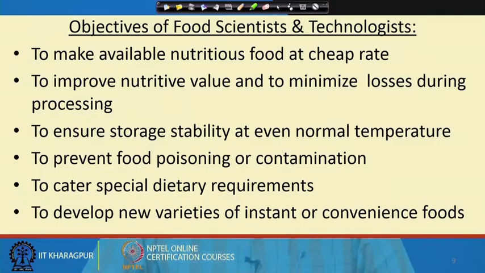So, it is coming to you that you must make that additional cost to be minimum, that you have to keep it at low temperature or some refrigeration or some other. So, that at room temperature if you can keep as much, that is your objective or your goal. Then to prevent food poisoning or contamination,